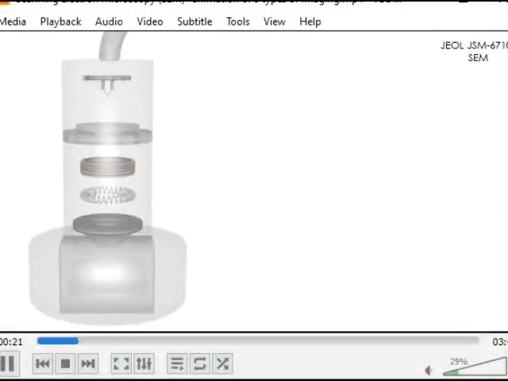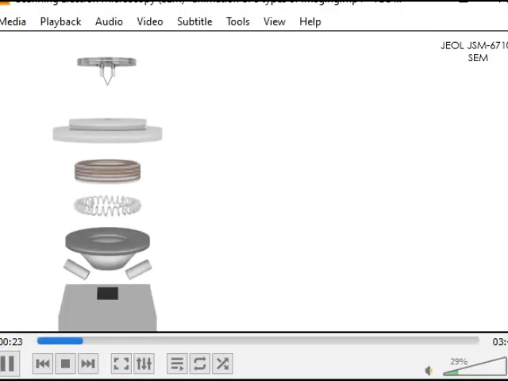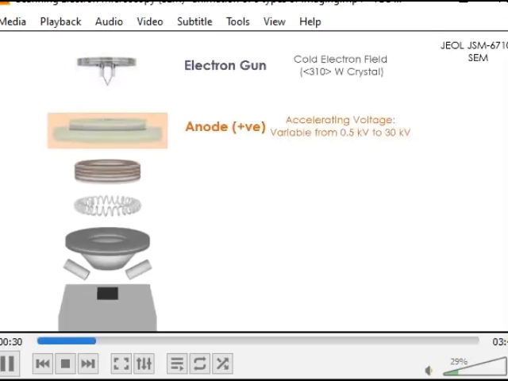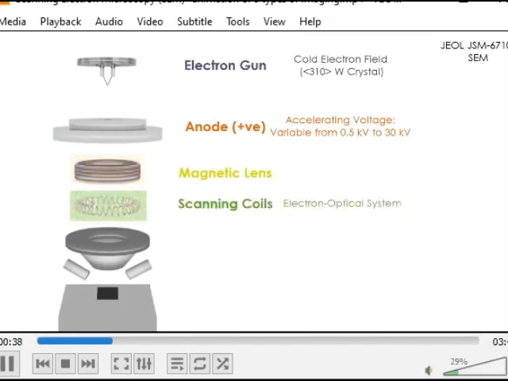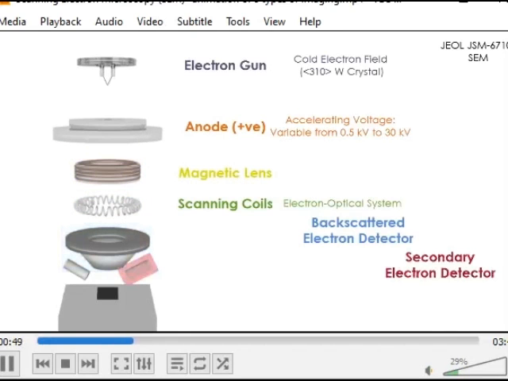We can see here an animated image where an electron gun is used to emit the electrons. These are primary electrons which will pass through the anode and the magnifying lens. And then on the surface of the specimen, we have the secondary electron detector, which is getting highlighted here.